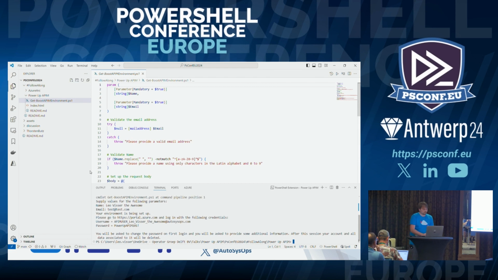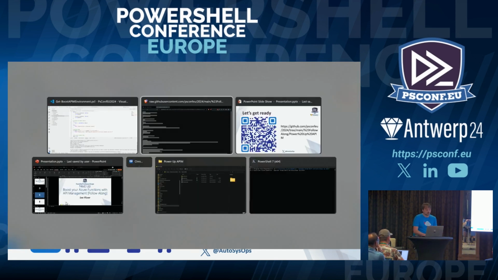So it will give you a username and a password, and you can log into Azure in a moment and your resources will be there. We're doing this now first because the deployment of these resources takes a little while. So while it's deploying, I can tell you a bit more. For the people who want to follow along in their own environment, what we're setting up now is